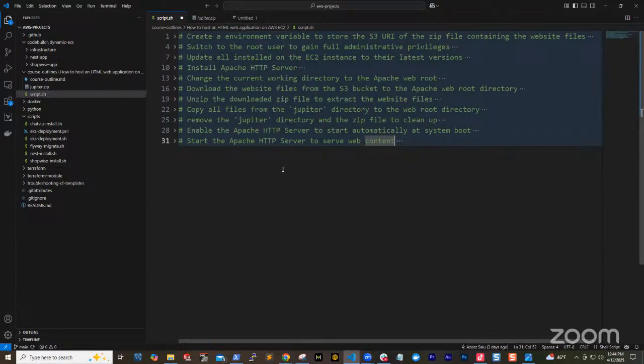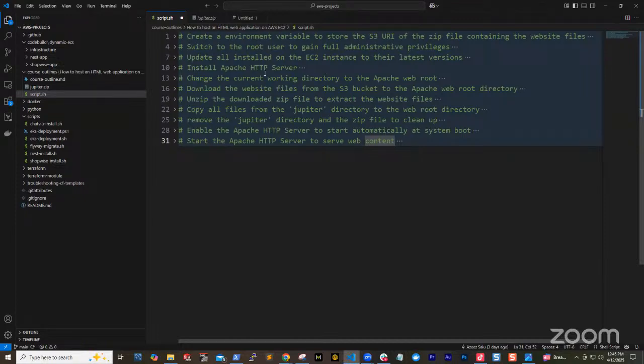So I want to deploy an application on an EC2 instance. I need to understand what I need to do to deploy the application on an EC2 instance. That is the knowledge you need to get, and once you have that knowledge, you can turn that knowledge into a script. To deploy an application to an EC2 instance, I know I need to launch my EC2 instance. Once I launch it, I'm going to switch to root user, so that will allow me to have admin privileges. Then I need to update my EC2.